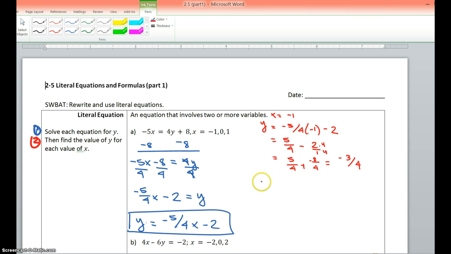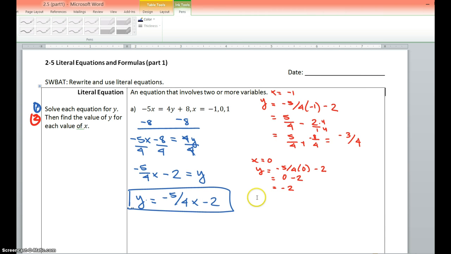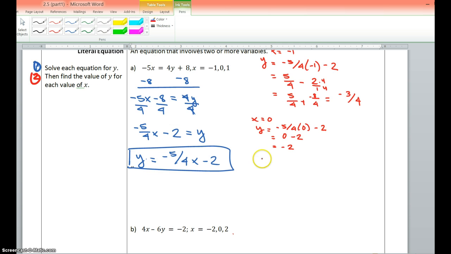Okay, do the same thing that we just did for x equals 0, and then y is equal to negative 5 over 4 times 0 minus 2. Negative 5 over 4 times 0, it's a great number, it's 0, minus 2 equals negative 2. Do that one more time. Okay, so finally, you're going to do the same thing for when x is equal to 1. So x equals 1, and then y is equal to,